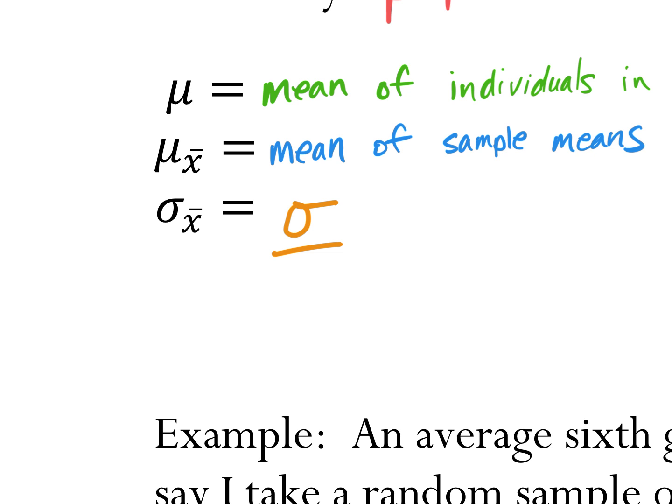The way you can calculate the standard deviation of the X bars, remember how I said it gets smaller with your sample size? If you take the standard deviation of your population and divide by the square root of the sample size, which, by the way, this formula is on your formula sheet, that'll tell you the standard deviation of the X bars. So how might I ask you about this?